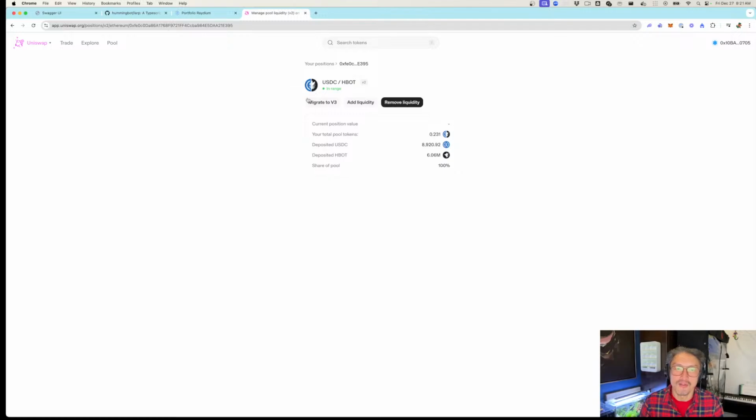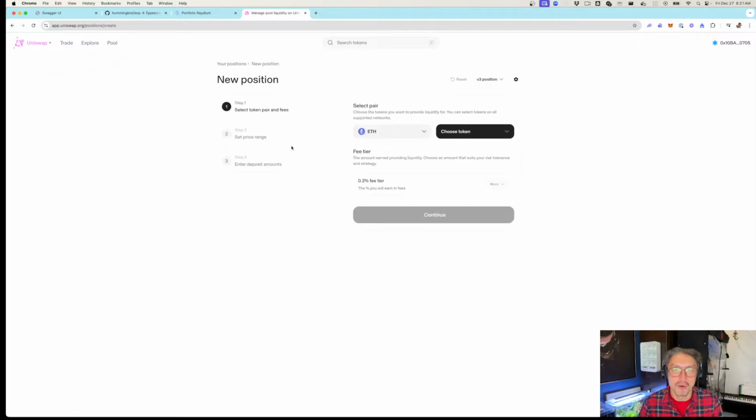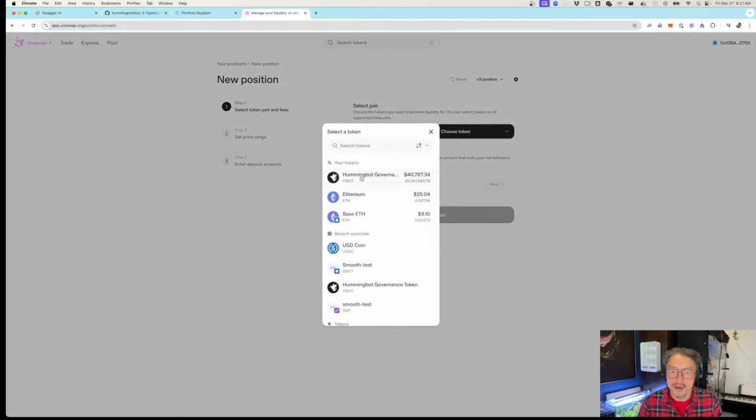So I think the V3 one, which Uniswap came up with later on, is a much more flexible way of providing liquidity, because you can define the price ranges under which your liquidity is active. So yeah, I'm not sure this migrated pool is a good way to show how it works. But overall, if you want to create a V3 pool, you can define the